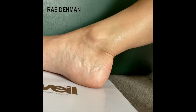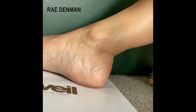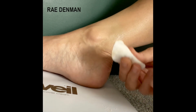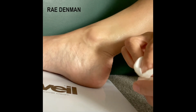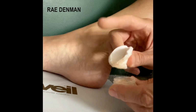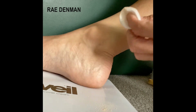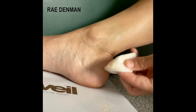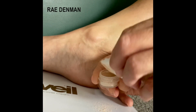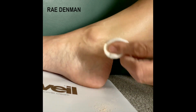So we've done the undercoat, we've done the camouflage cream, skin colour, we've done the SPF, and now we're going to do the top layer of powder. Again, get my clean cotton pad, put my finger in it, and I'm going to dab that into the pot that I've decanted the powder into. So you don't want to use your big pot, because you don't want to get bacteria onto your skin and into the pot. And then again, dab and roll. Actually, I haven't picked enough up there. I'm going to pick a bit more up, tap a little bit off,